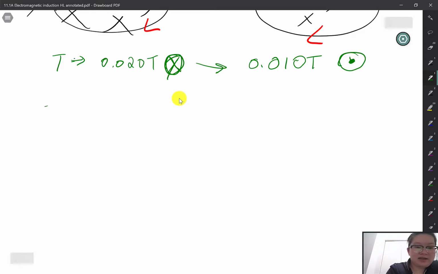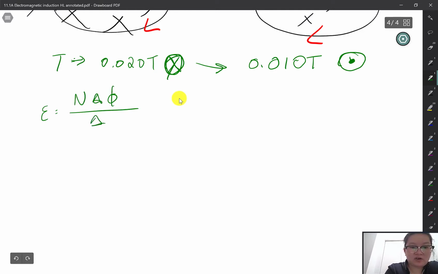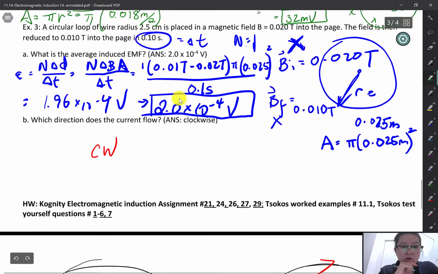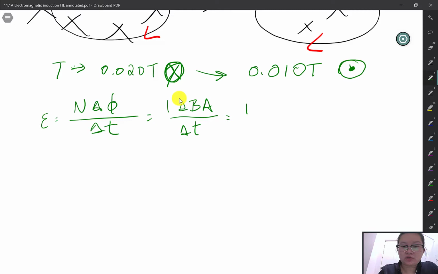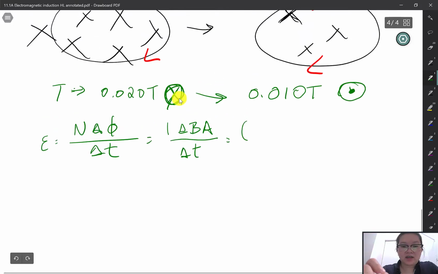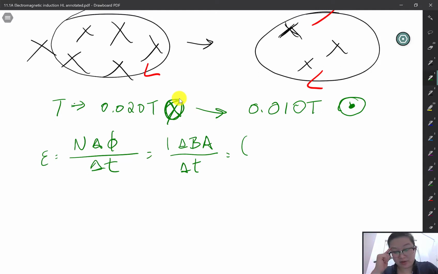We know that the EMF induced is the number of coils times the change in magnetic flux over time, the rate of change, which includes time already. The coil is one coil, okay? We have one coil, and we do have a change in magnetic field times the area divided by the time, which is provided as 0.01 seconds. So with one coil, which will go away, the change in magnetic field, this is where you have to think about the directions. I am choosing into the page as positive. So if it's going out of the page, which is the final here, that's going to be negative for me,